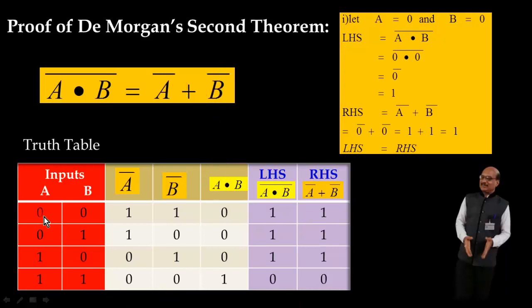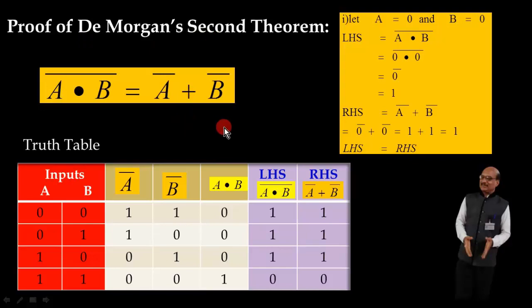Now calculate the values of A complement, B complement, A dot B, and then go to the left hand side, (A dot B) complement, and A complement plus B complement. So you find that here the left hand side is 1 1 1 0. At the same time the right hand side also comes out to be 1 1 1 0. So from this table we see that the left hand side is equal to the right hand side, and in this way this equation is verified, or De Morgan's second theorem can be very easily proved.